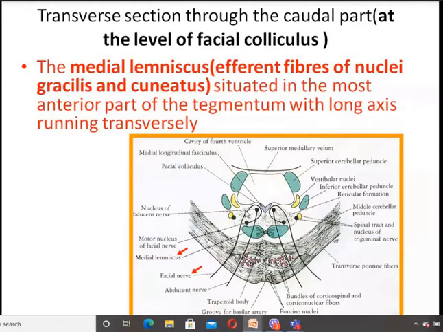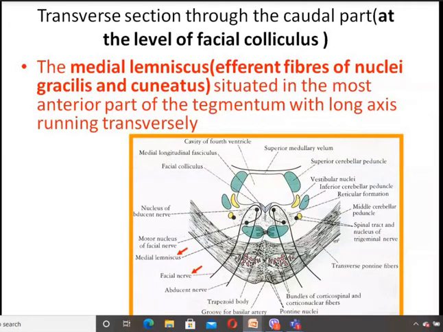So here we can see the facial nerve nuclei. As we know, the facial nerve is also a mixed nerve. It has motor and sensory components. So the motor nucleus of the facial nerve is this. And here we can see the abducens nerve nuclei, the 6th cranial nerve nuclei. So during the course of the facial nerve, the motor nerve starts from the motor nucleus of the facial nerve here. It goes medially and winds around the abducens nerve nuclei like this, and it produces the bulging here on the posterior surface of the pons. That bulging is known as the facial colliculus.